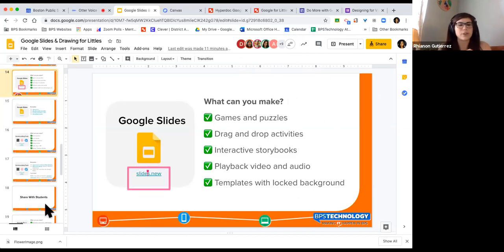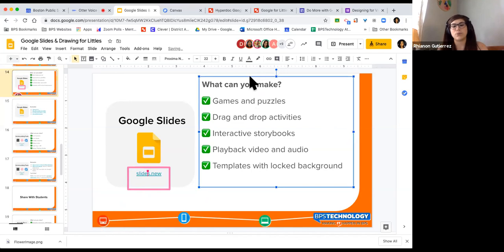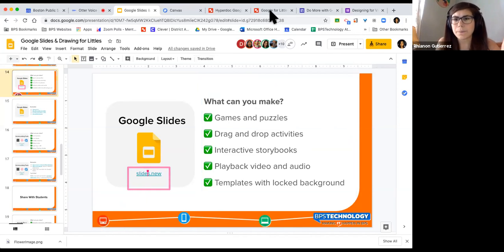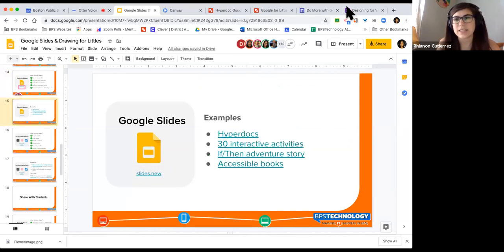A little bit of a note on the latter one is around, if you look at my own slide deck right now, you could see around the margins, I have this orange thing. If I click on it, it will move because I've locked it down as a template. And the text that's on top of here is things that I can move. So slides gives you a lot of freedom to create something that is static for students that you can then make interactive. All right. So with that being said, let's check out some slides activities.